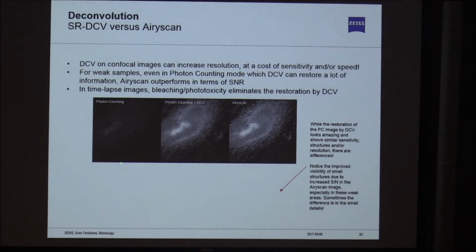Now here is an example of a photon-counted image with the pinhole closed down. You see this is the original photon-counted image. It's very noisy, you can hardly see any structures. And then you can see the result after running the deconvolution. So you have a very strong restoration ongoing, thanks to the special deconvolution parameters, thanks to the settings that